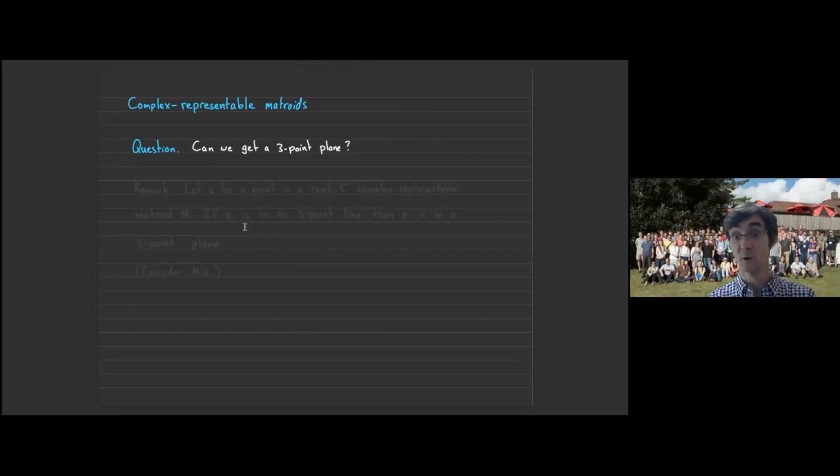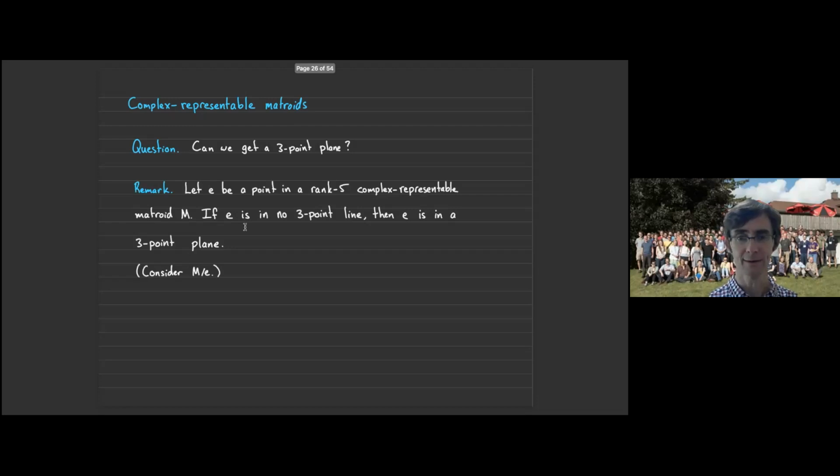If you could find an ordinary flat of higher rank, that'd be really useful. Then you could use the same kind of ideas that I mentioned before. But you don't need an ordinary flat. You need something a bit less. It would be enough if I could find a rank 5 complex representable flat. So if, in a high rank complex representable matroid, I could find a rank 5 flat with a point that wasn't in any 3-point lines in that flat,